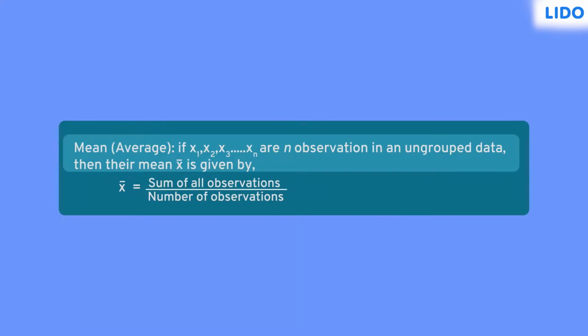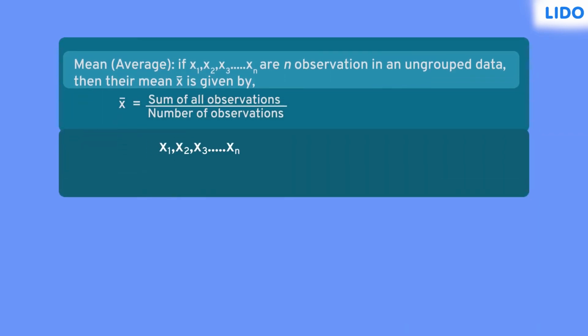The mean is equal to the sum of all observations in the dataset divided by the number of observations in the dataset. So, if we have n values in a dataset and they have values x1, x2, and so on up to xn, the mean is denoted by x bar. X bar is equal to x1 plus x2 plus x3 and so on up to xn divided by the number